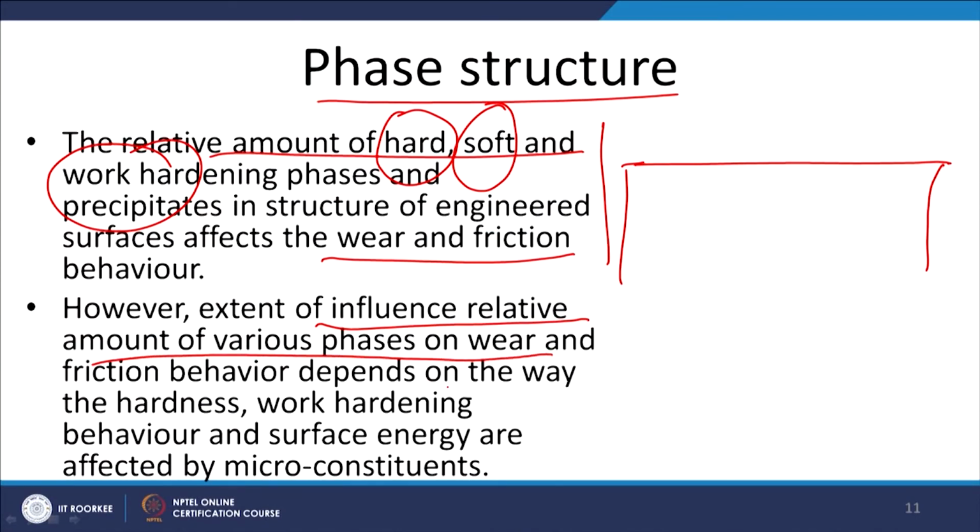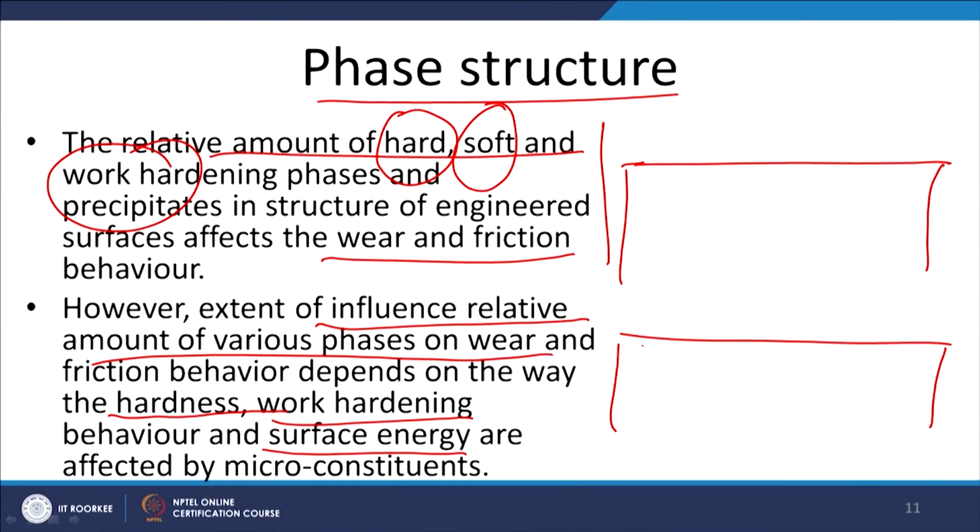Influence of relative amount of the various phases on wear and friction behavior depends on the way by which hardness is affected, work hardening tendency is affected, and the surface energy is affected. For example, like work hardening behavior, if the austenite is present in limited quantity, it will provide the required improvement in the hardness due to the deformation, because excessive increase in the work hardening will also increase the tendency for cracking and reduced resistance to the wear. So, a good combination of the hard, soft and the work hardening material will certainly help to improve the wear